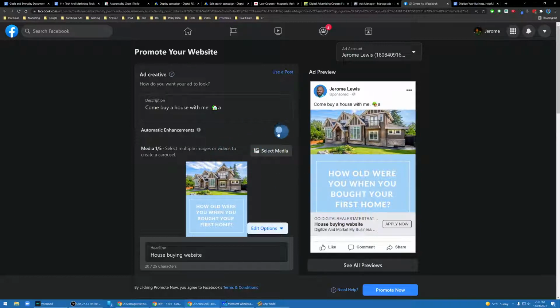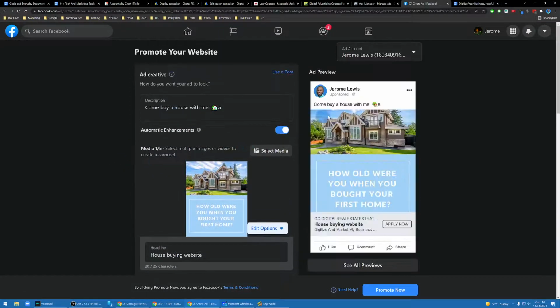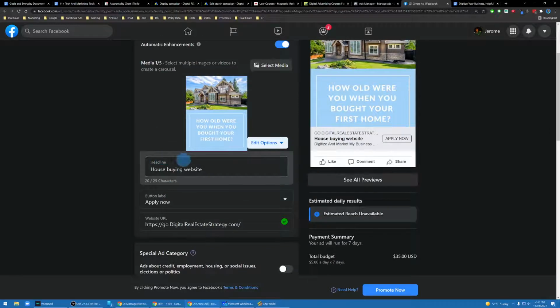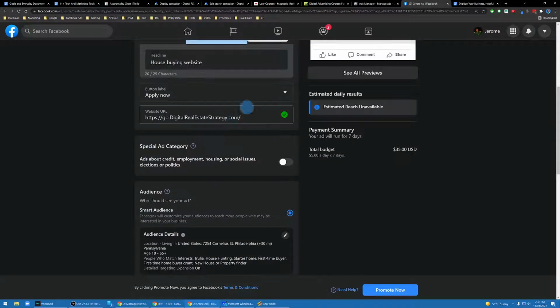I typically like to enable anything automatic on Facebook. There are some things that I don't like to have automatically active, but in most cases it's okay for Facebook to take over that automatic processing, right? So I'm going to enable that automatic enhancement, and then here you put in a relevant headline, you put in a relevant description,